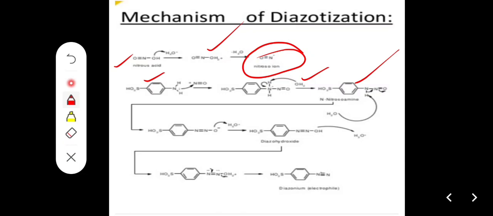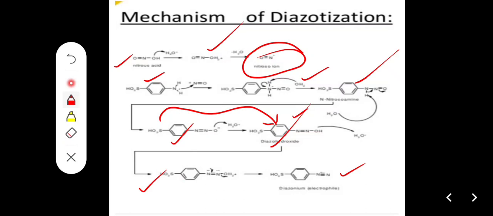And there we can say diazo hydroxide can be produced. Diazo hydroxide is produced this way, and then by some rearrangement we get ultimately the diazonium salt. Nothing but nitrous acid is first protonated in the medium of water, then water is removed, then the nitroso group is produced, and the aromatic amine reacts with the nitroso group. By some electronic rearrangement and deprotonation we get ultimately the diazonium salt.